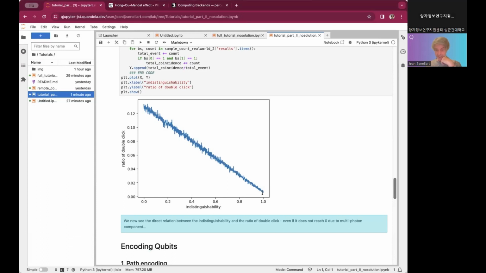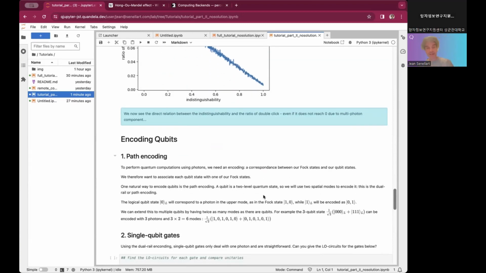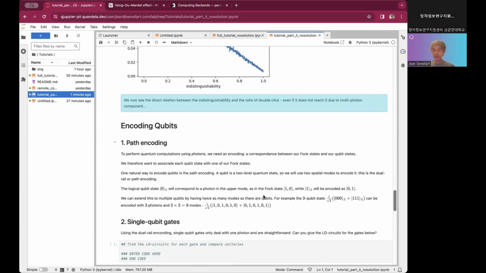Last comment is why it's not 0: because you have the g2. Remember that you need to take into account that some part of the noise is because we have added some additional photons coming from somewhere, the laser, some spontaneous emission, maybe in some part of the circuits, that can happen in the detectors, which will detect some event that doesn't exist. So you will always have some small part of noise coming from this additional detection. Okay, that's all. We have the processor, so with that, we'll be able to run something online.